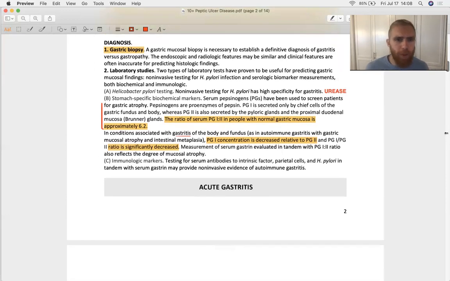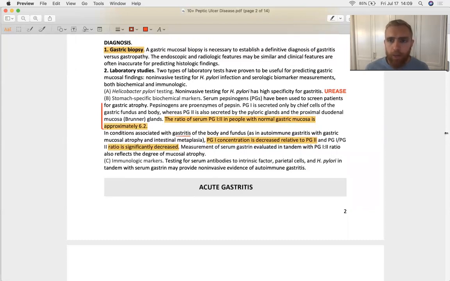We make the diagnosis by biopsy again, and laboratory studies really do aid our differential. Once we figure out, is this a gastritis or a gastropathy, then we're going to call in our blood work and try to get down to a root cause of whatever. So where we'll start is by ruling in or out Helicobacter infection, and our most common test for that is the urease breath test, in which we will administer oral radio-labeled